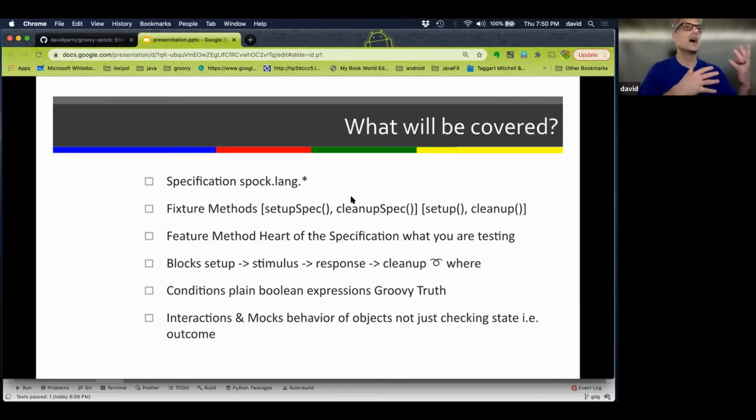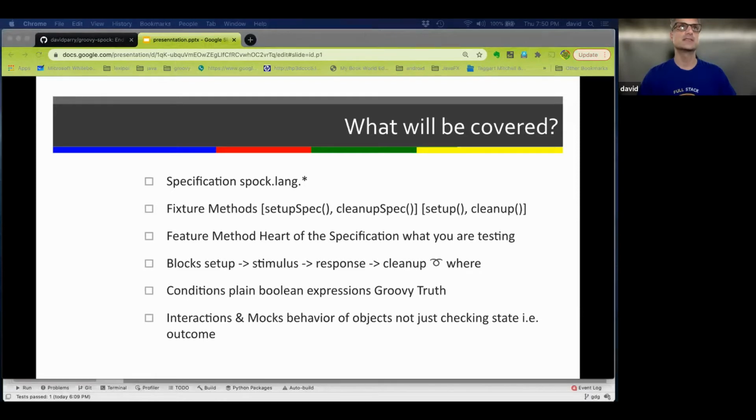So this is unit testing. And maybe I should ask everyone, but I just assume this because we're in 2021: unit testing, knowing about testing your code, no matter what language it is. There's the thing called the Groovy Truth. So what's true is true in your testing, or 1 = 1, and it just equals it when you're doing the language of it. And then the interactions with the mocks and the behaviors of the objects. So we'll go and look at that.